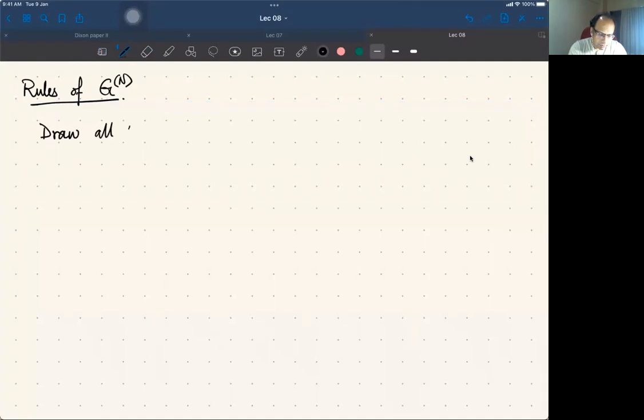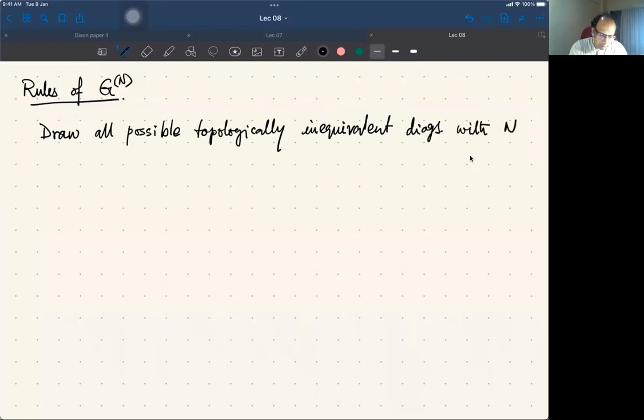So all possible topologically inequivalent diagrams within external points x1 to xn,